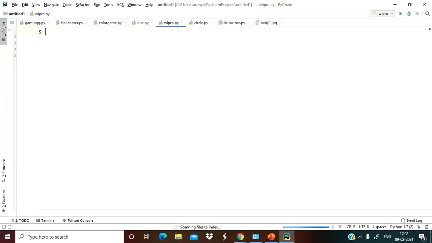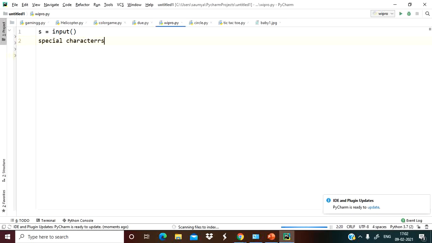Okay, so let's take the input first. Input, right? So this is our string. Now what we can do, let's make a list called special, right? So here we will put all the special characters, that is at the rate, modulus, this pointer one, this exclamation one, this dollar one, hashtag, and this caret one, right?